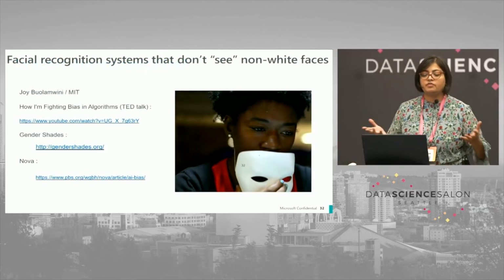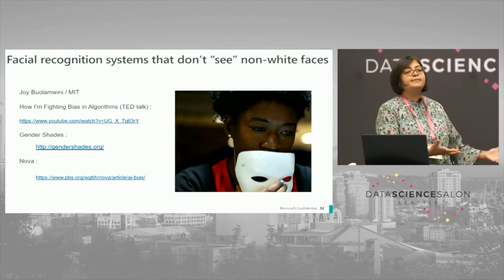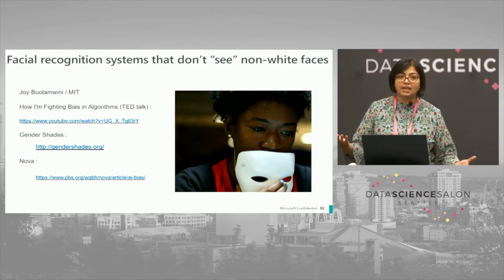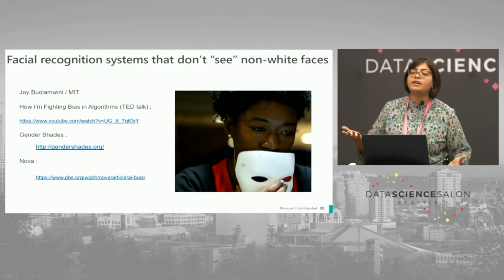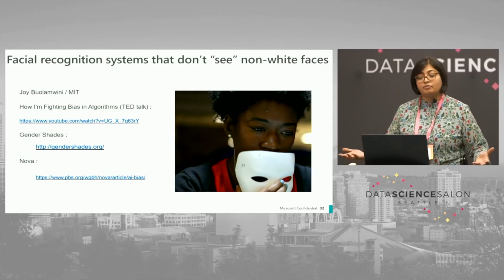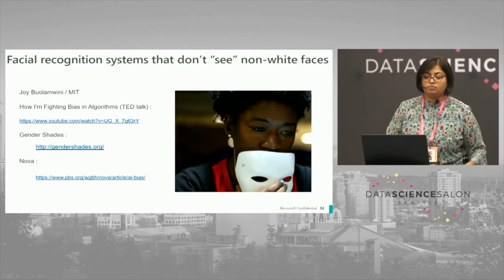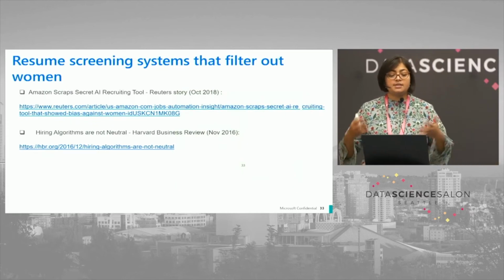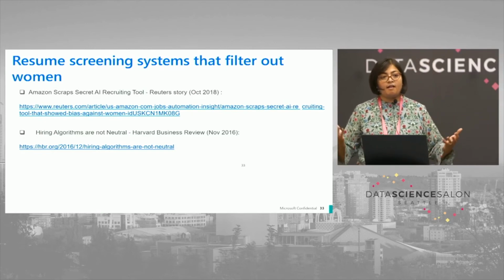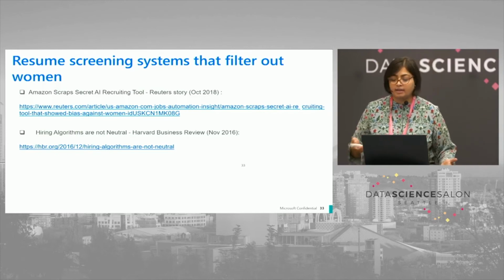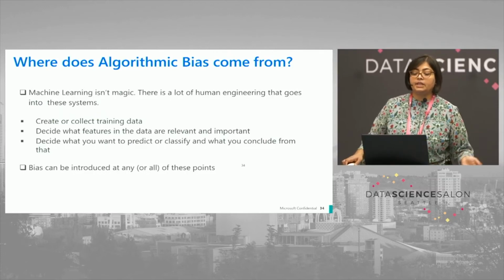Some few examples, right? Facial recognition systems that don't see non-white faces, right? We have all seen it, because of less availability of such data or standard research papers or standard research data sets which have used or introduced the very initial baseline models. We have now developed some systems which don't see non-white faces. So, racial bias. Resume screening systems that filter out women. Gender bias, right? We have seen, definitely there have been stories out, that there are automated grading systems, hiring systems, which are failing because of this, and companies are taking steps to actually stop that. There is algorithmic bias coming out.